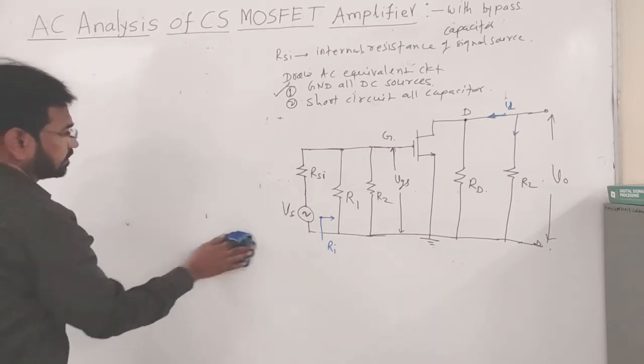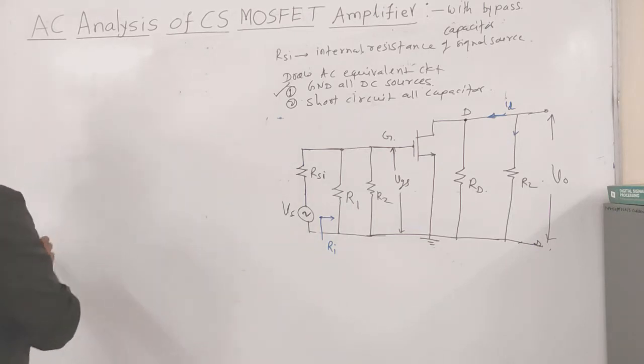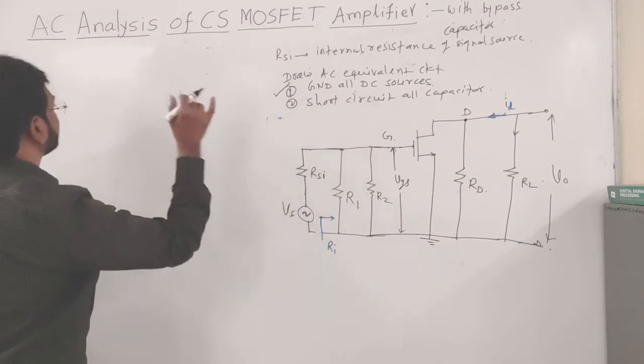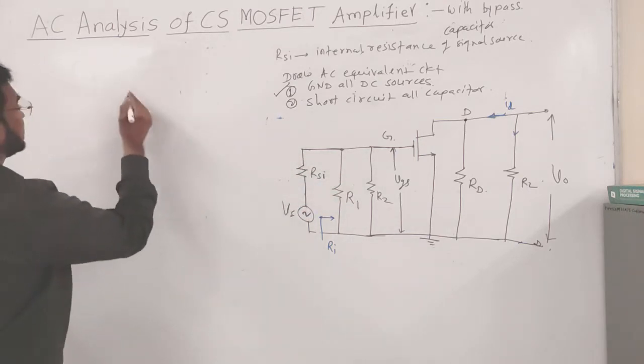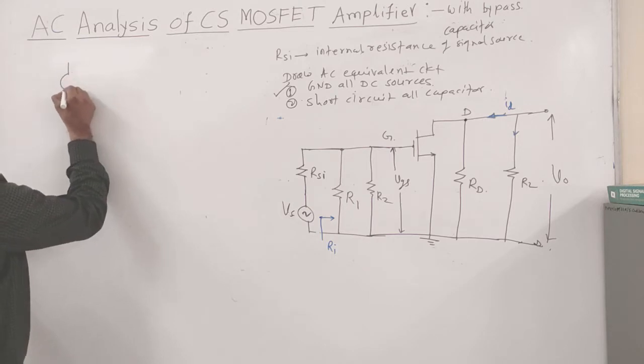After that, we are replacing the transistor by its small signal model. Now, see how to get the value of VGS first. Now, we have the source here, okay. So, I am going to simplify this diagram. So, we have the source